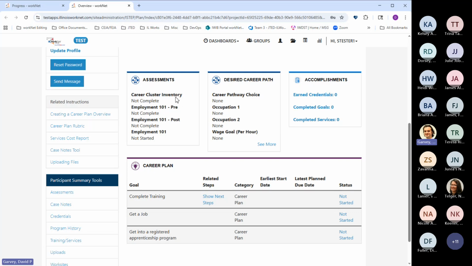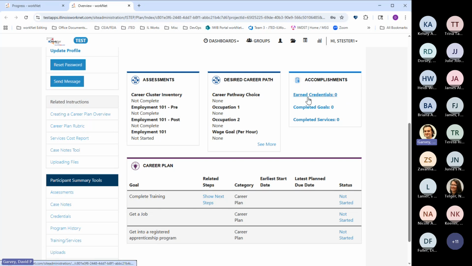These three boxes appear in all programs within WorkNet just as a placeholder. And if in the career wages and trends tool they identify some careers and occupation choices and their wage goal, that'll pull through into this section here, but it's not required for CEJA, so we don't need any action here.